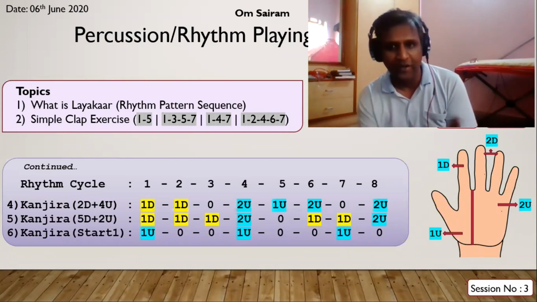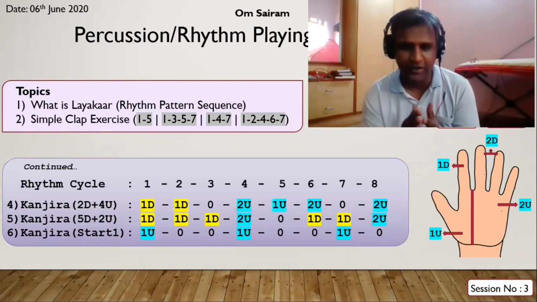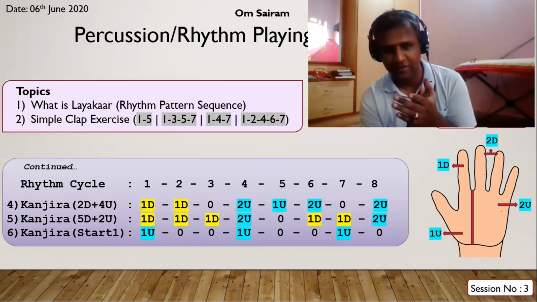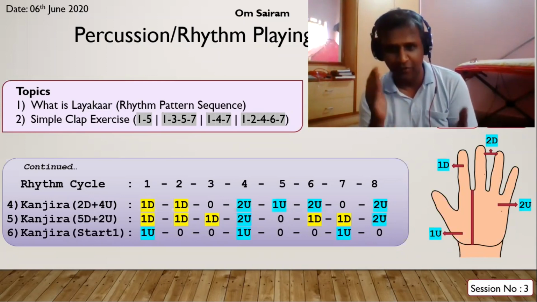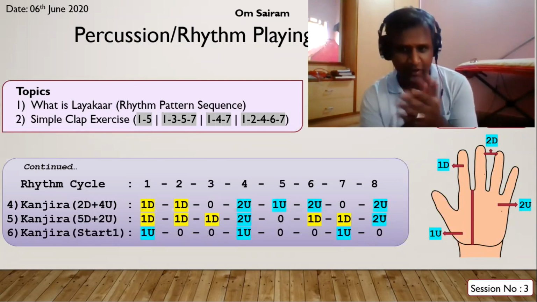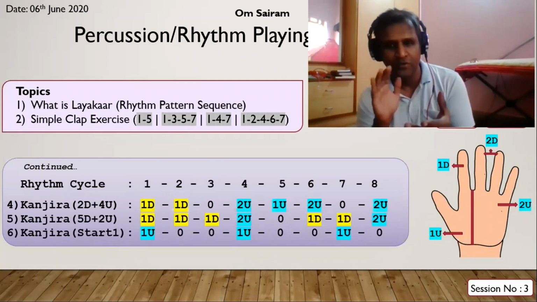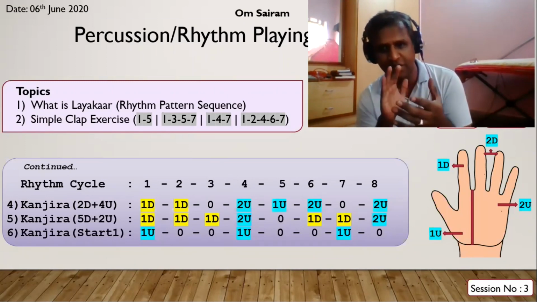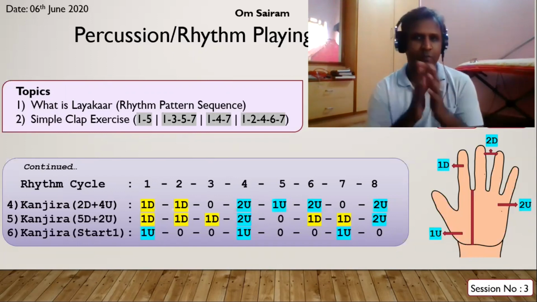So if I take care of them, you can think yourself. You can just take 1 2 3 4 5 6 7 8, 1 2 3 4 5 6 7 8. All of you will be doing this. If you attended Bhajans, I'm sure all of you would be clapping for 1 2 3 4 5 6 7 8. You could take Ganesha Sharanam Sharanam Ganesha. I'm clapping on the first beat and I'm clapping on the 5th beat. This is one simple exercise.